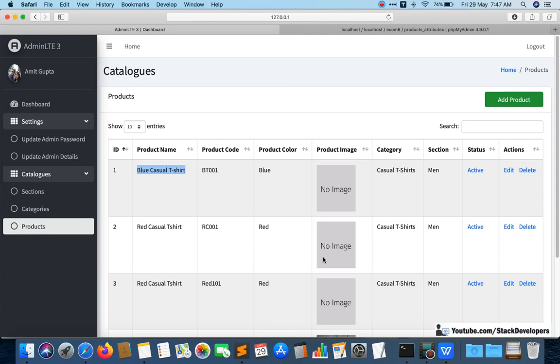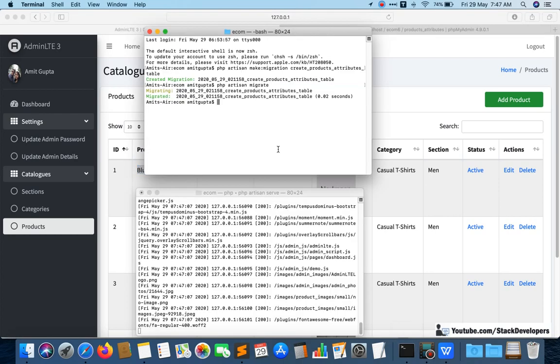I need to run one command for the seeding to create the seeder file where I want to add some code. Let me create one seeder file like we used to create a migration file. In the same way, php artisan make:seeder.